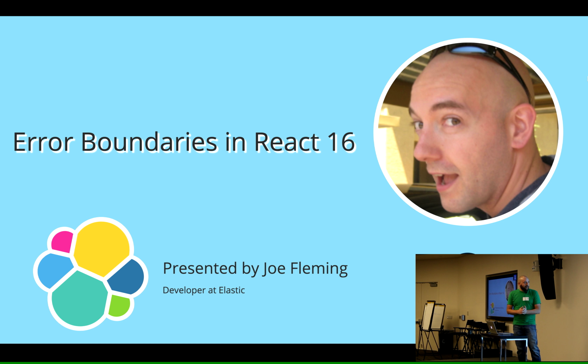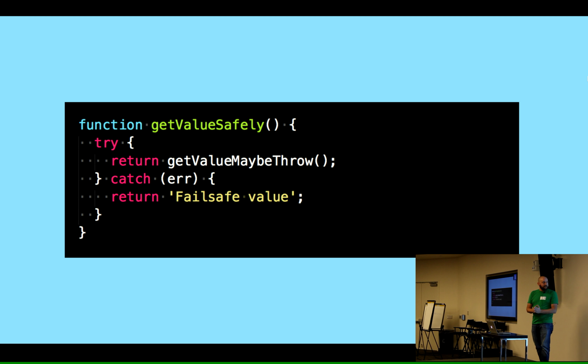So before I get into error boundaries proper, I want to just talk about error handling in general. So this being the advanced talk, I assume everybody in here knows try-catch. Effectively, you're going to try to do something, that thing might fail and catch. You should do something with the error, but effectively it's just kind of a way to recover from that error,